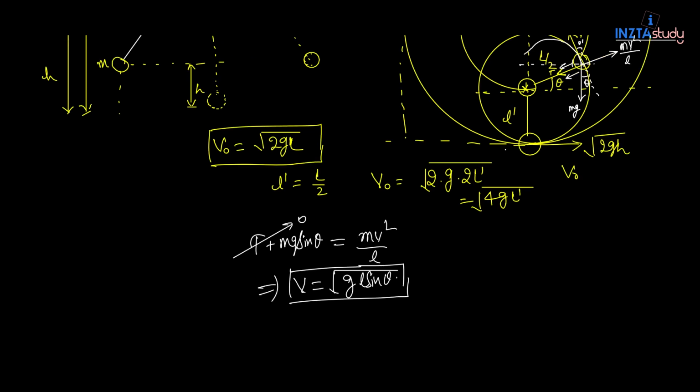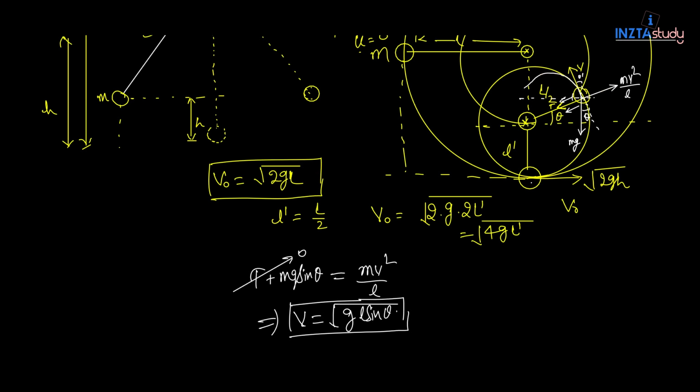Now this is the case, and now we will apply energy conservation from this point. This is the initial point, and let this be the final point. So for energy conservation, here there is only kinetic energy, if you are considering this as the reference level. So kinetic energy at the initial position is going to convert into gravitational potential energy at the final position plus kinetic energy